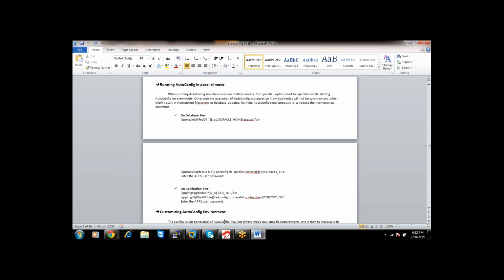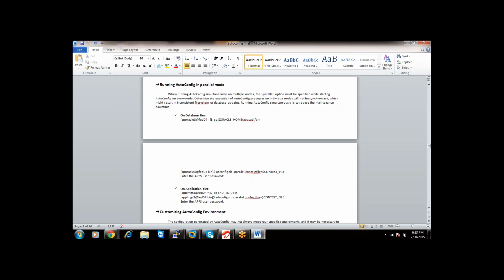See, for example, in httpd.conf, I made changes to the port number, say to 8011 or 8020. Now I want this to be reverse engineered, so that it goes and changes in the autoconfig file. What is autoconfig? You mean the XML file? Yes, the context file. That is not possible. Your autoconfig will never modify the context file. It will only take input from that file.